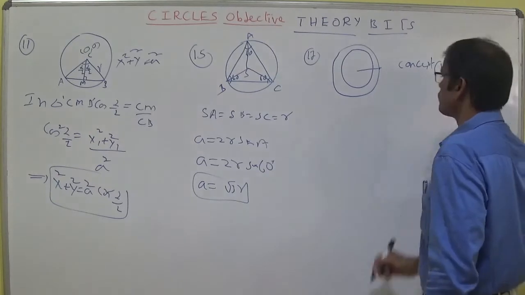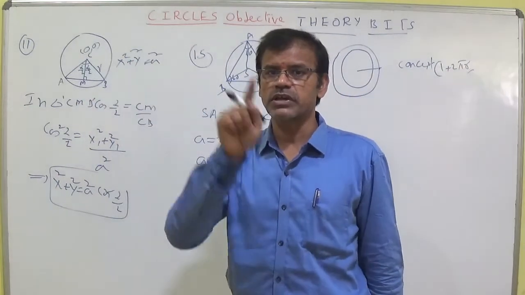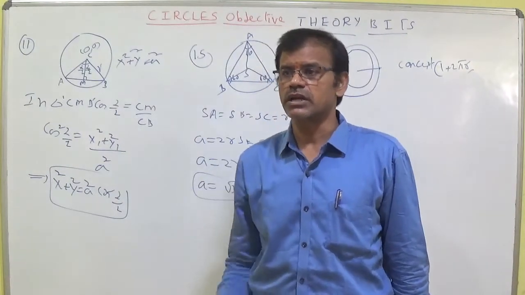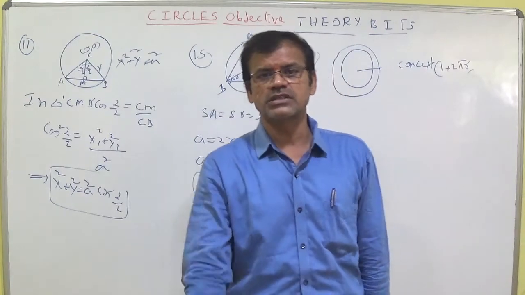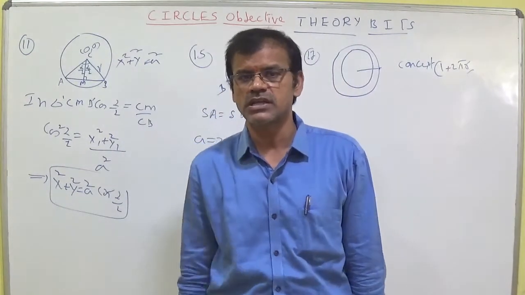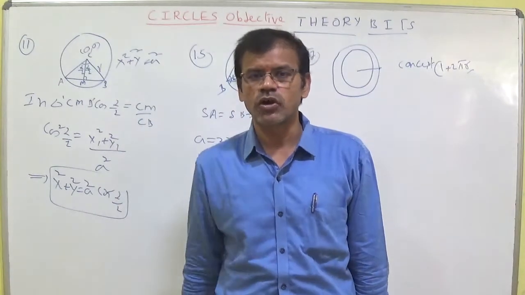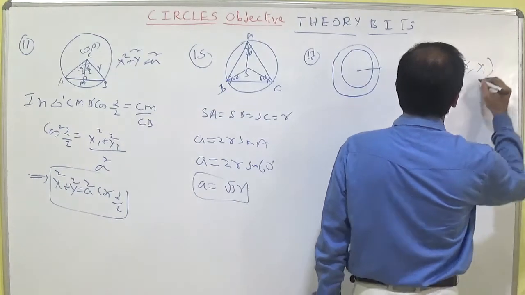Why did you put 2 pi r, sir? 2 pi r is the circumference. The circle is rotating completely. Whenever it is rotating completely, the distance moved is the circumference. So 2 pi r is the circumference. The x-coordinate moves, so x plus 2 pi r is the x-coordinate of the new center, comma simply y1 you can write.